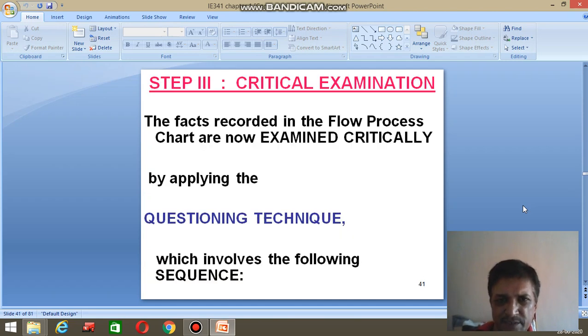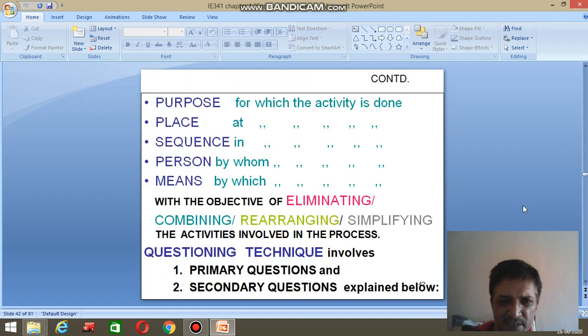The third step is the critical examination. The facts which are recorded in the various charts, diagrams, graphs are now examined critically by applying the questioning technique. Here the sequence is purpose, place, sequence, person,